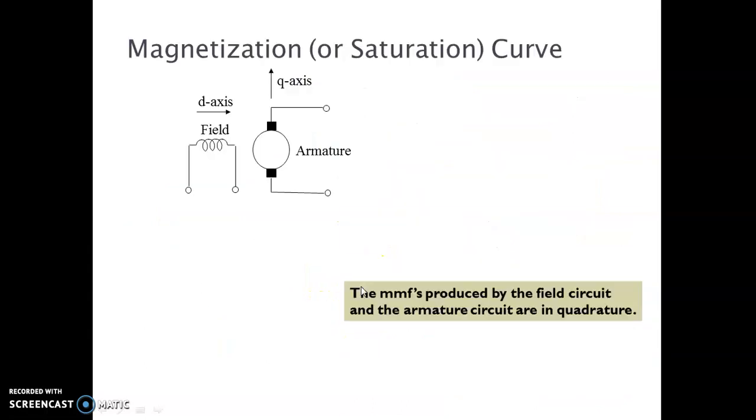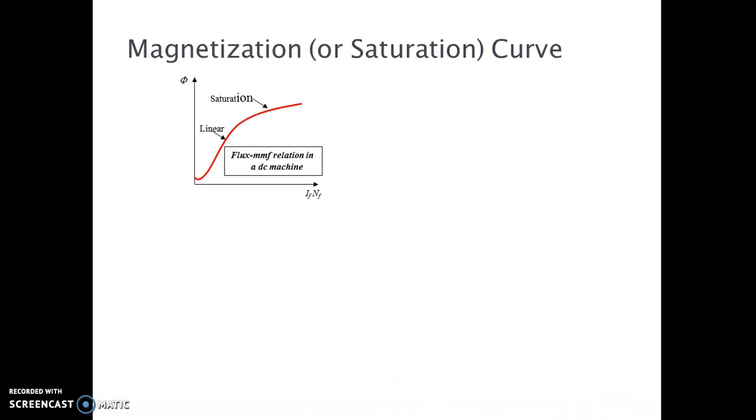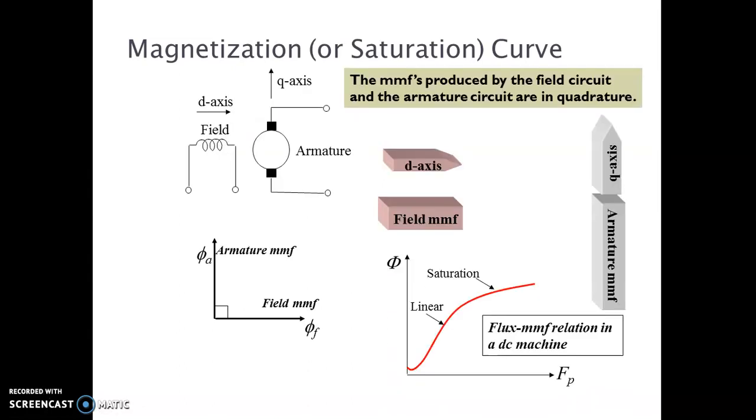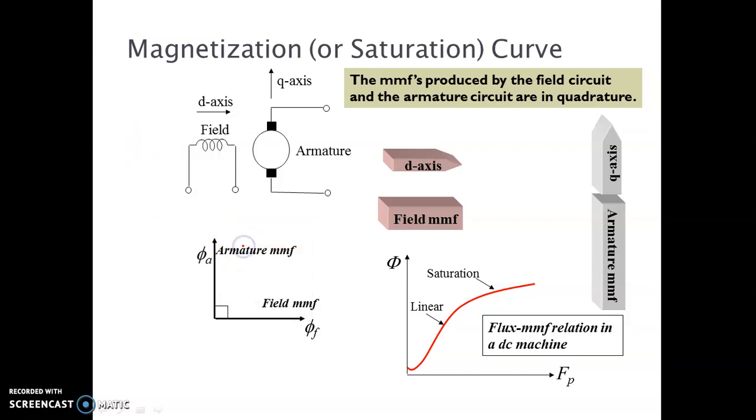Next, see this part. I am going to discuss this field. Some mathematical derivation I will also go into, but first we understand what armature reaction is. It is a very simple thing, not too difficult. This is your direct axis, meaning the field axis is called the direct axis.